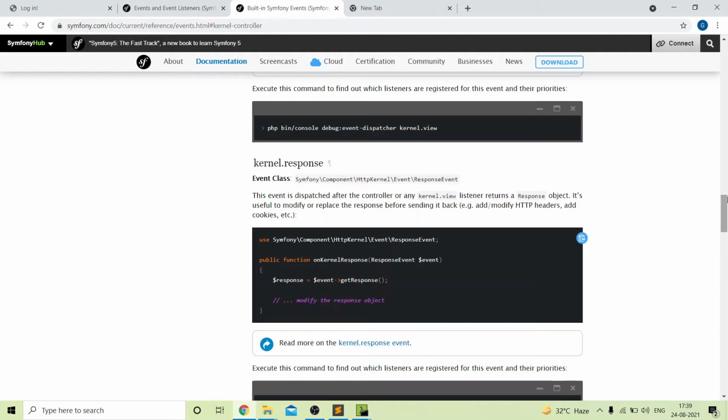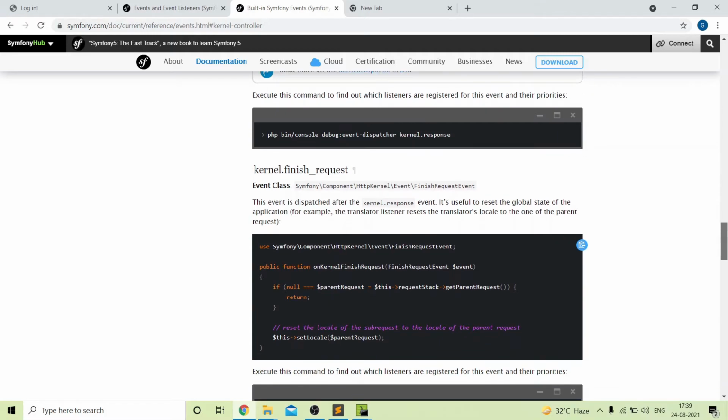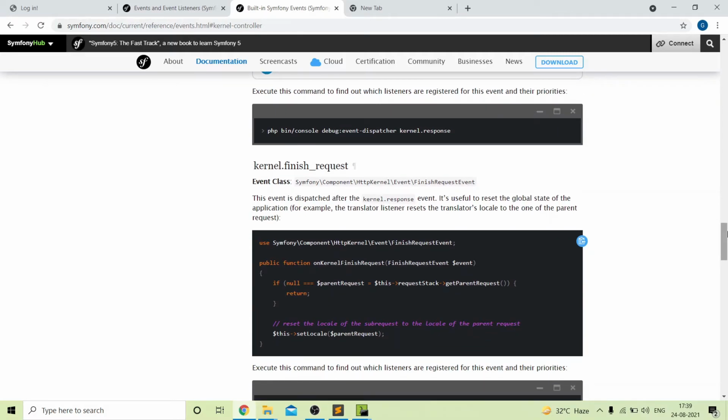So once the response object is returned by our controller or any function, then this listener will work. Next is finish request. This event is dispatched after the kernel.response event has worked. So for example, if we need to reset anything just after our request is finished, then we can use this.